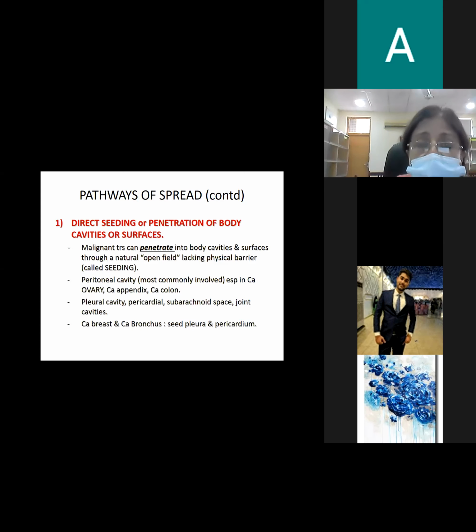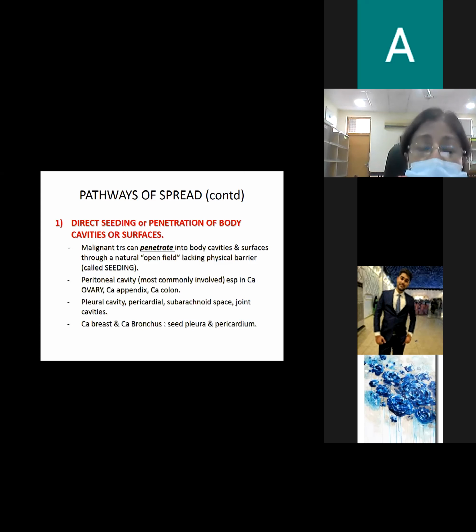They spread their malignant cells into the peritoneal cavity. Peritoneal fluid के अंदर अपने cells फेंक देते हैं, ठीक है? अब इसी तरह हमारी बॉडी कैविटीज कौन कौन सी है? एक हमारी प्लूरल कैविटी है, हमारी पेरिटोनियल कैविटी है, हमारी पेरिकार्डियल कैविटी है, हमारा ब्रेन के अंदर सब एरेक्नोइड स्पेस है, हमारी साइनोवियल कैविटीज हैं जॉइंट्स के अंदर।